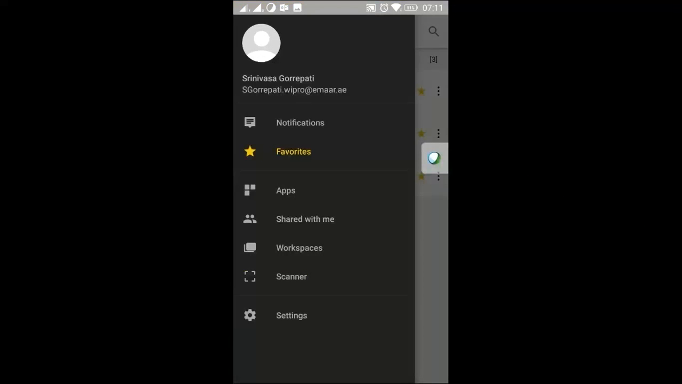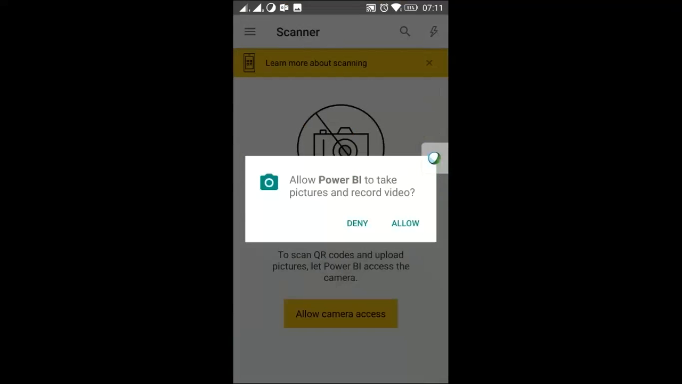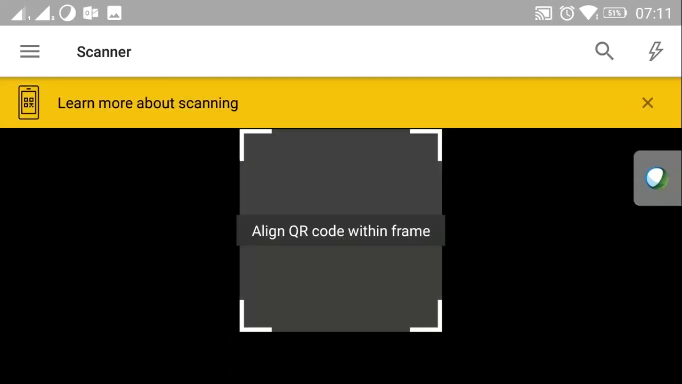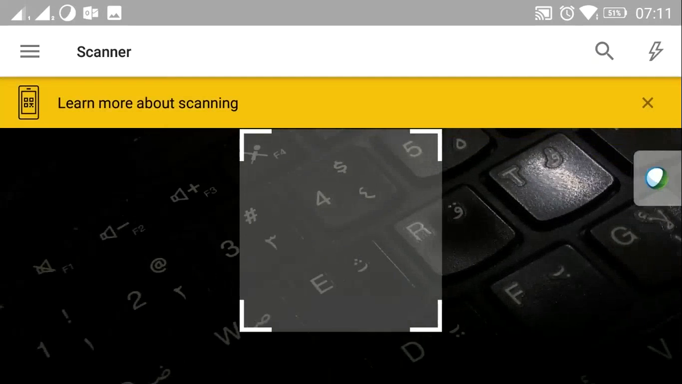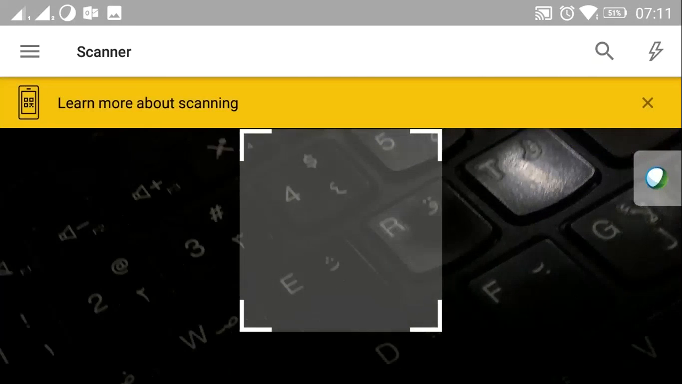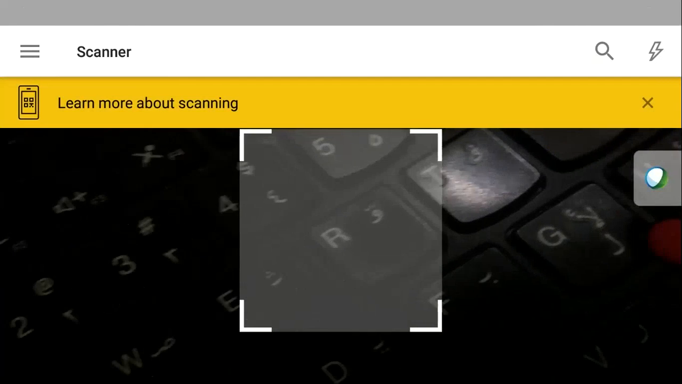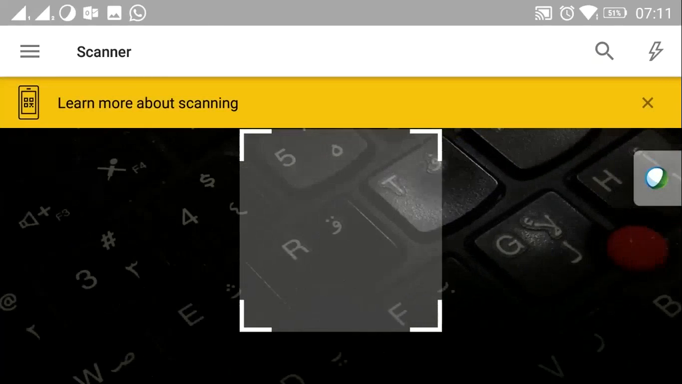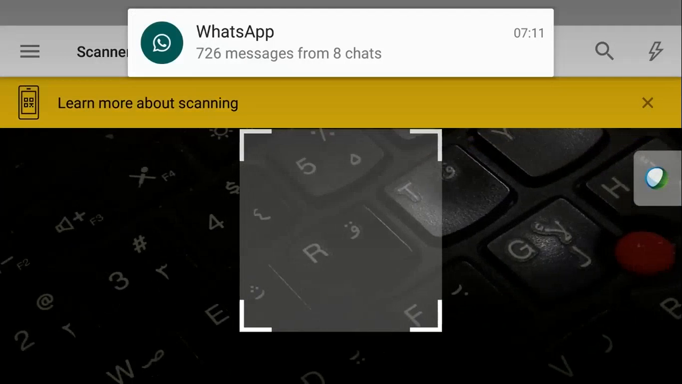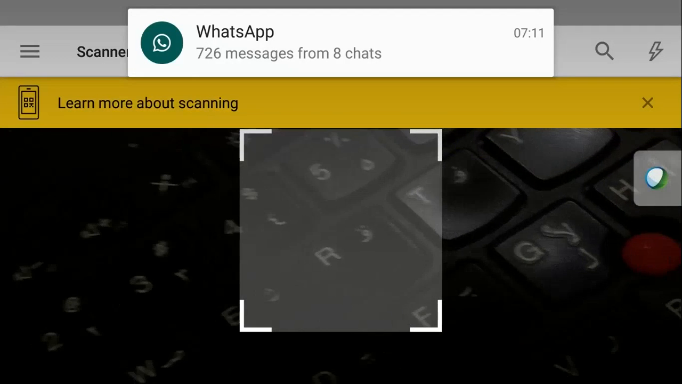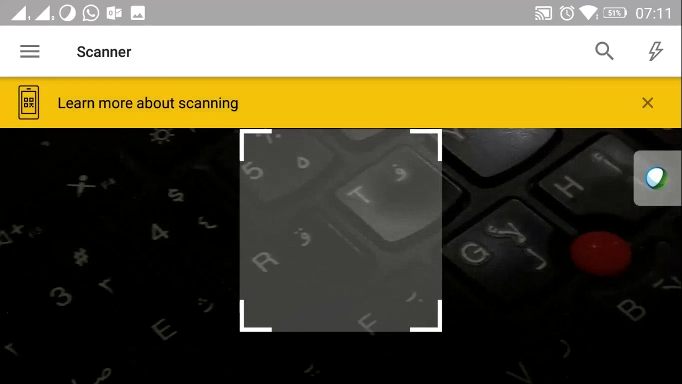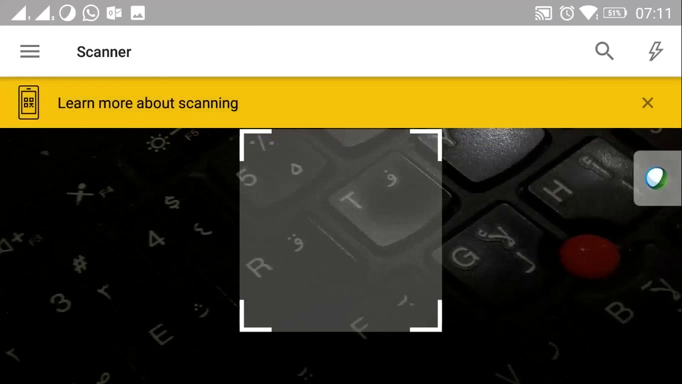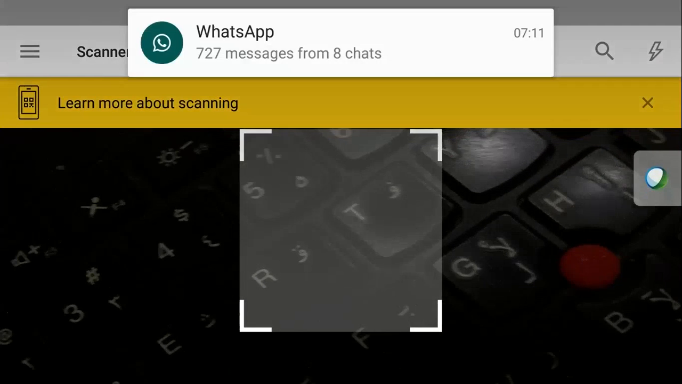So here, the scanner. Okay, I opened that scanner. Now what I am doing is, I wanted to scan a report which we developed as part of Power BI service. Okay, so in Power BI service,